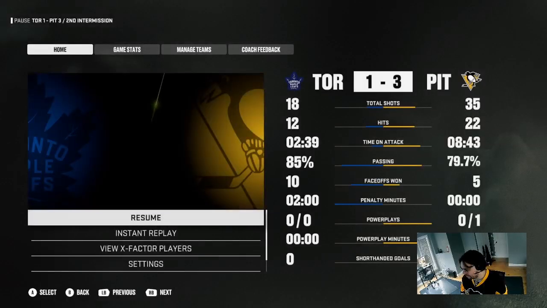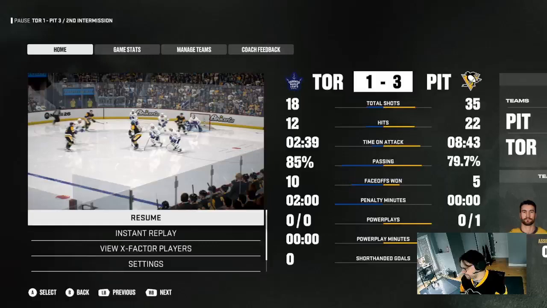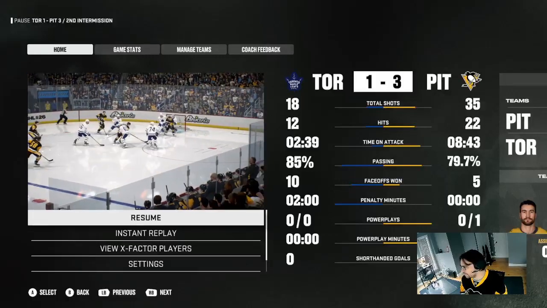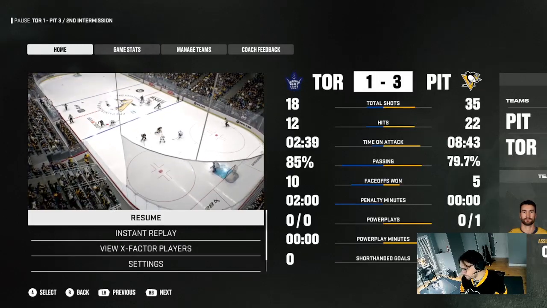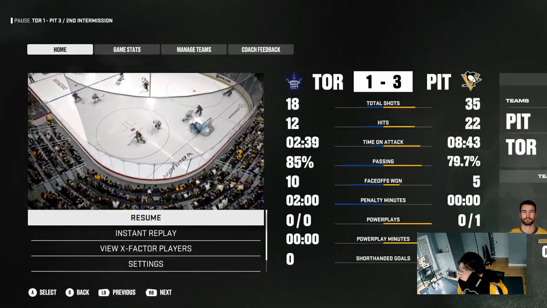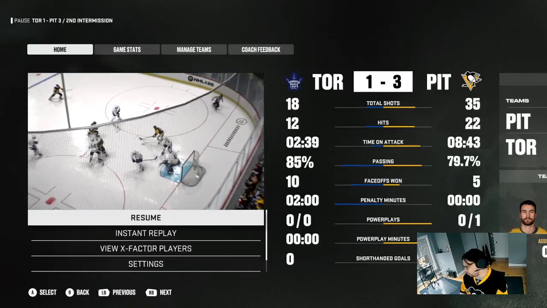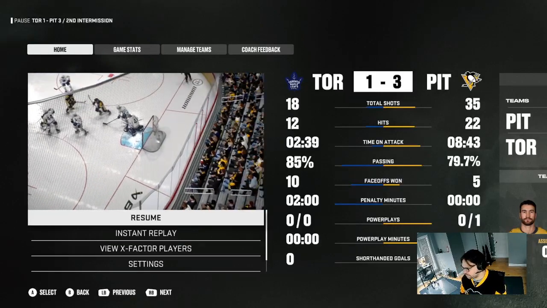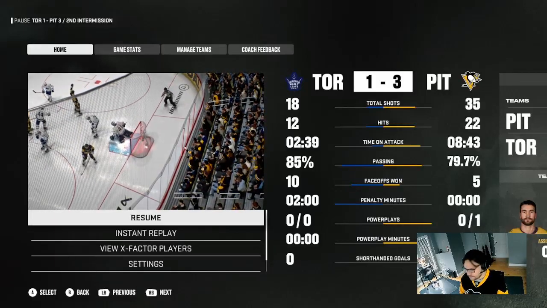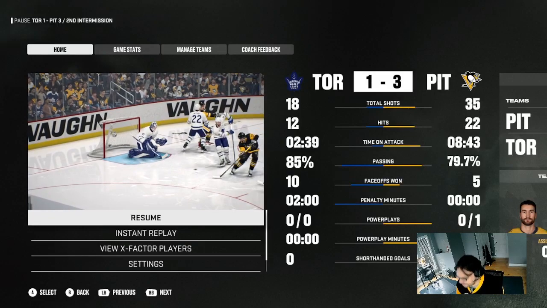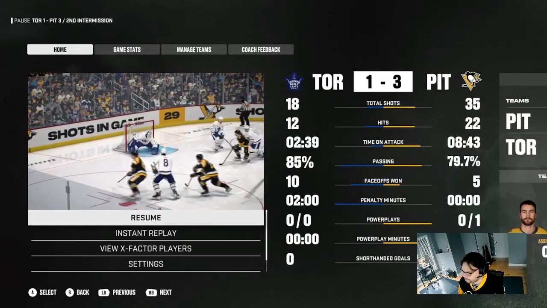There's the jam away goal by Rakell. Let's take a look at the rest of the stats. Shots on goal 35-18 in favor of the Penguins. Hits 22-18 favoring Pittsburgh as well. And the faceoffs, doubled by the Leafs, exactly 10-5. Penguins did win a few of them though, and the only man advantage was back in the first. Pittsburgh was not successful on it, but we do have 3 goals at even strength. Can we bring things home in the third? Let's find out. 40 minutes down, 20 minutes to go.